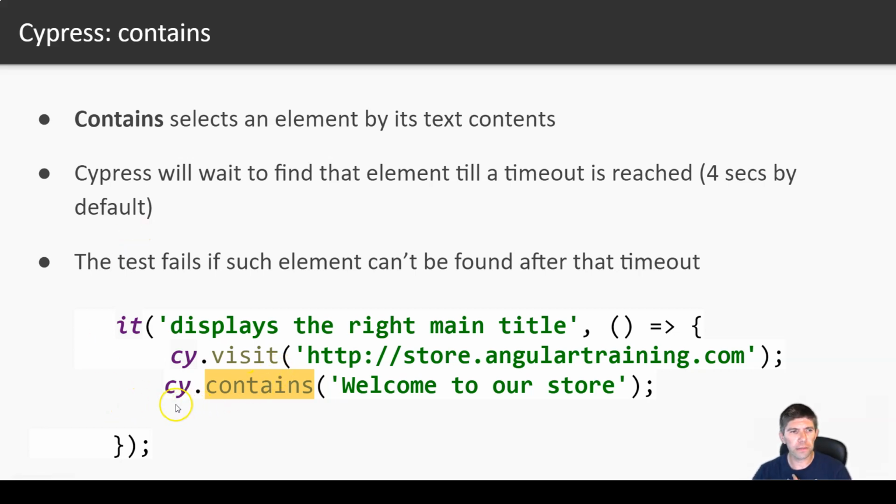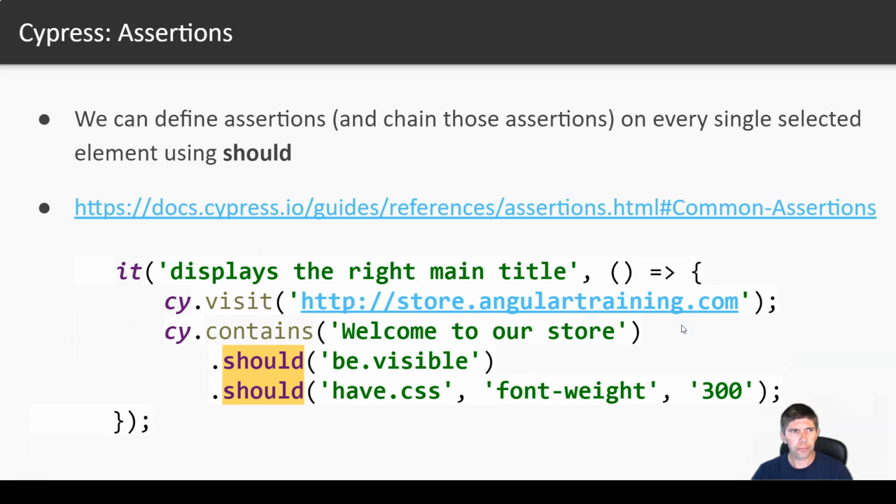So this makes our test pretty easy from a syntax standpoint, because then all we have to do is cy.contains welcome to our store. And if that text is present on the screen, then the test passes. If not, the test fails. Of course, on top of that, we can add assertions. We can make things more specific and